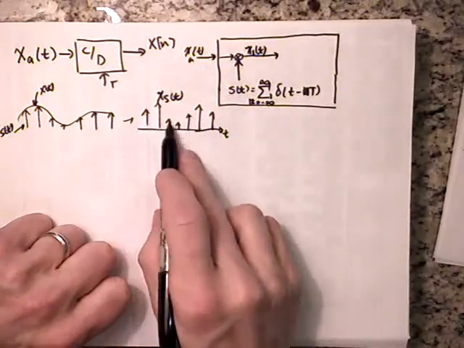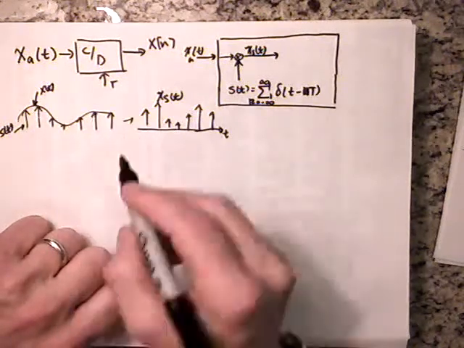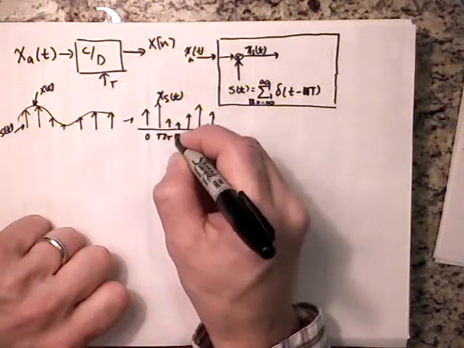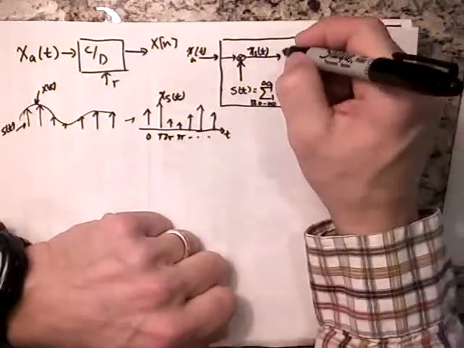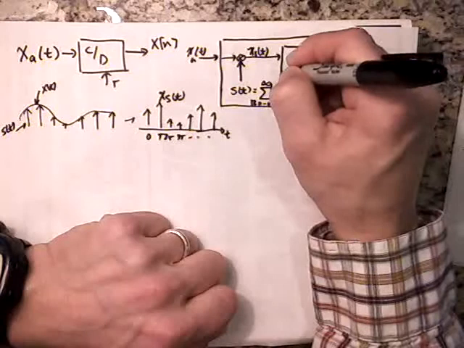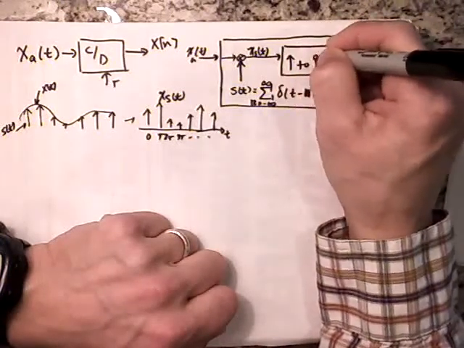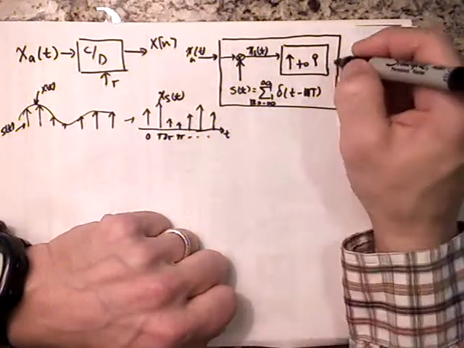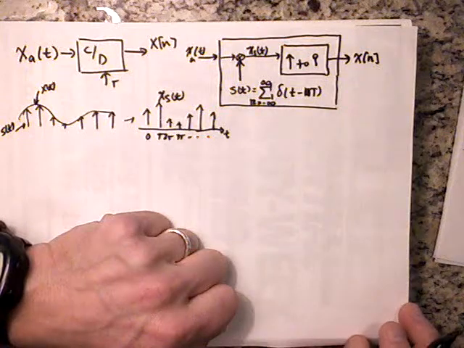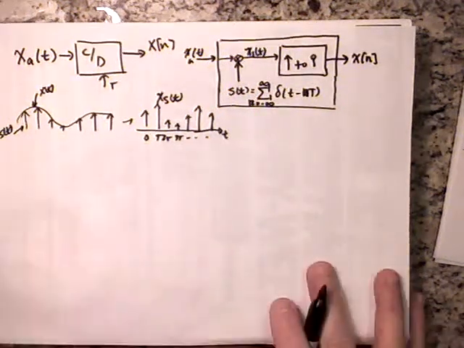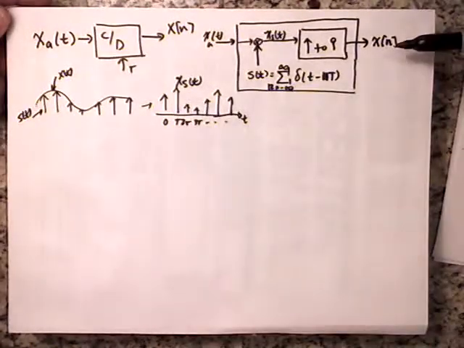So it's an impulse train where the areas of those impulses are equal to the samples of x(t) at those times, 0, T, 2T, 3T, and so forth. Then we go through this operation of converting impulses to discrete time samples. And what comes out is x[n]. So I derive the relationship